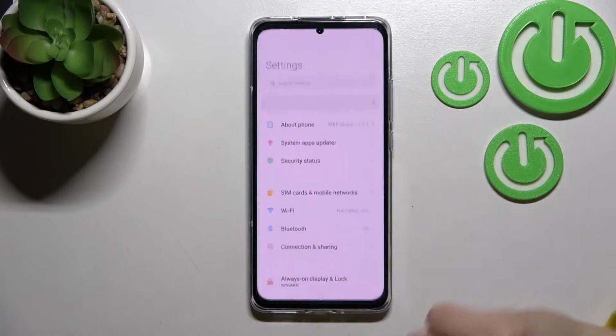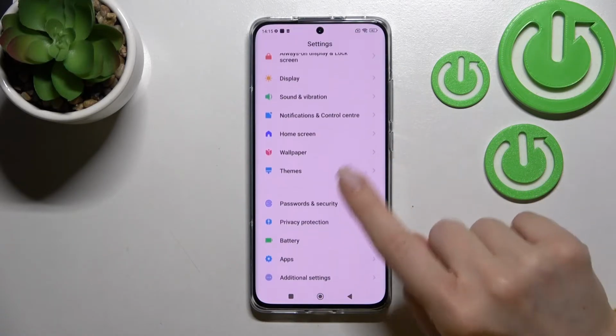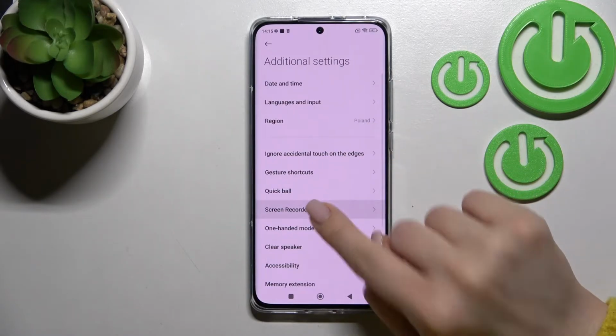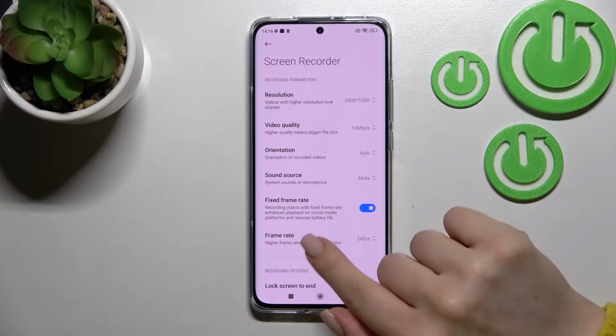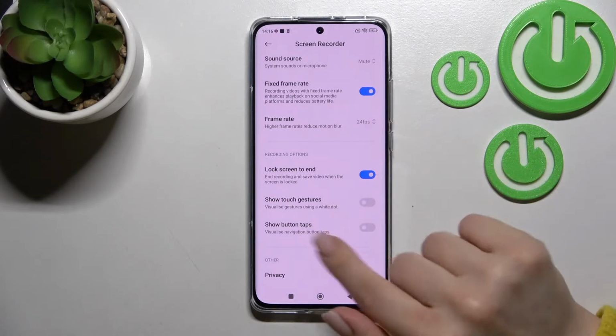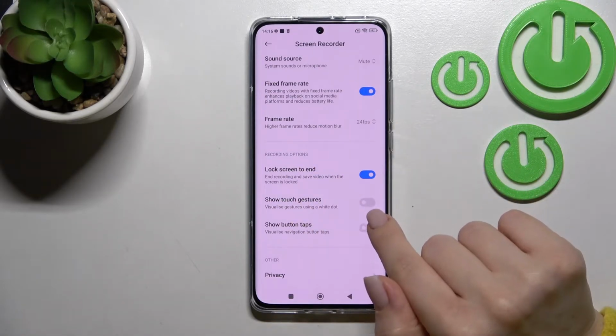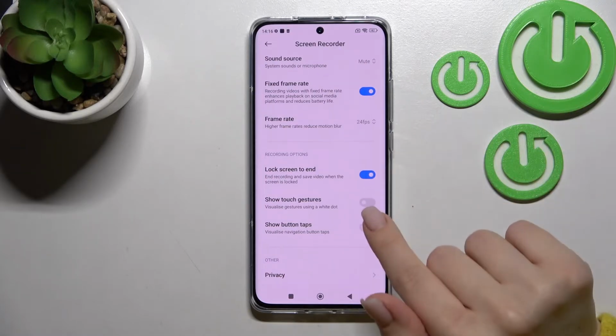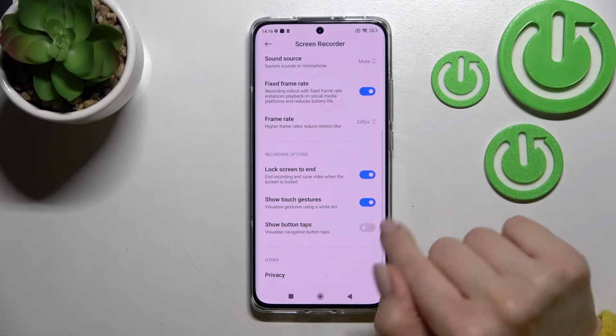So first you should go into the settings application and then scroll down to the additional settings. Here just tap the screen recorder section and scroll a little bit down. Here you'll see the show touch gestures, so just to activate and to switch on the screen touches in screen